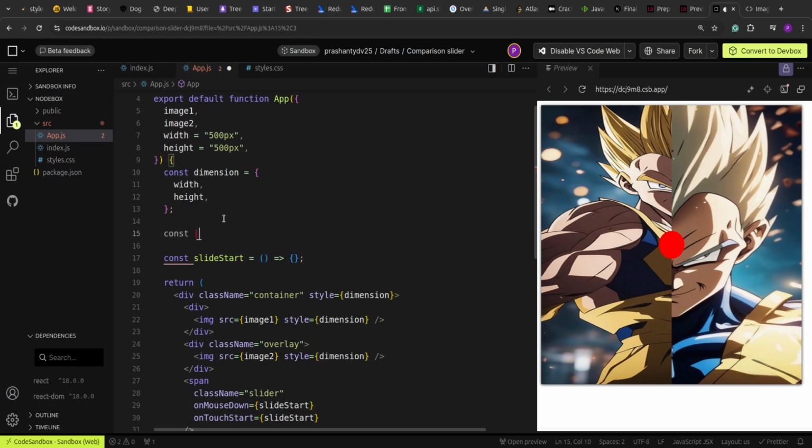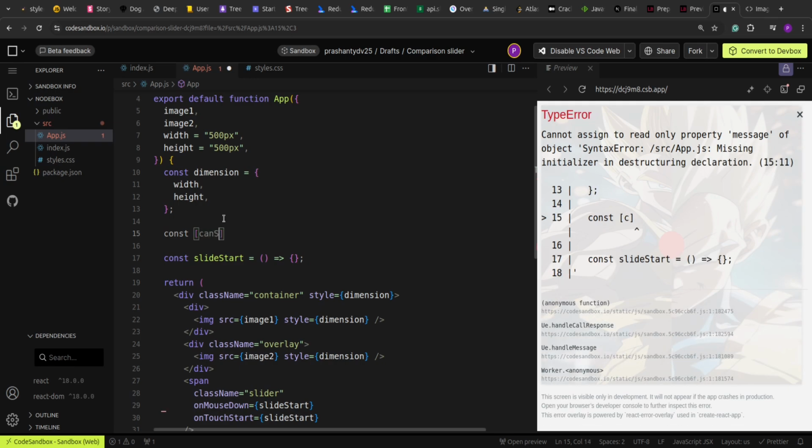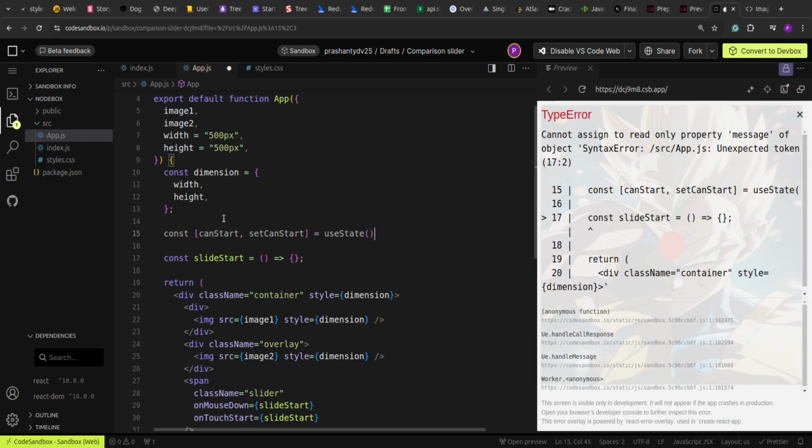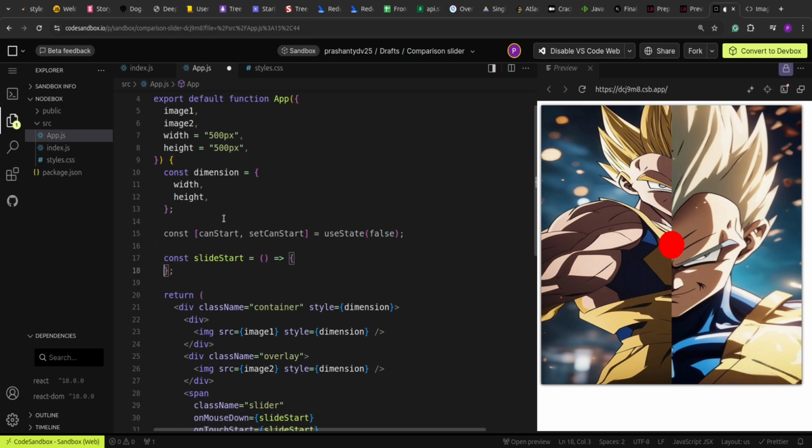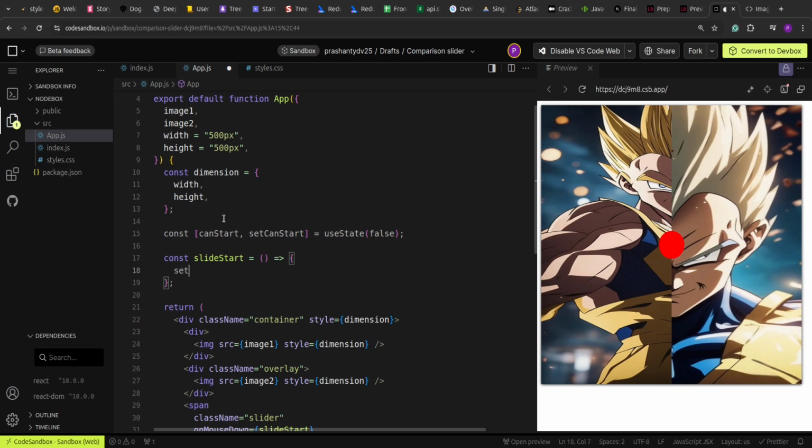So let's create a state canStart and setCanStart. This is to determine if the user has clicked or not on the drag area, or if he is holding it or not. So we'll set canStart as true. So this decides that right now the slider is selected or it's on hold,